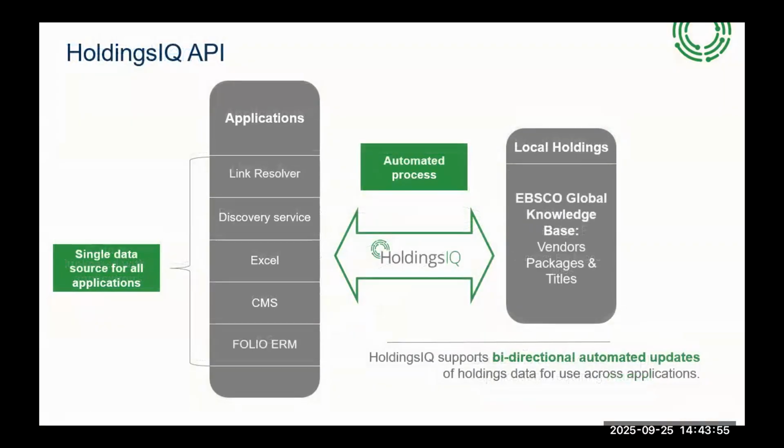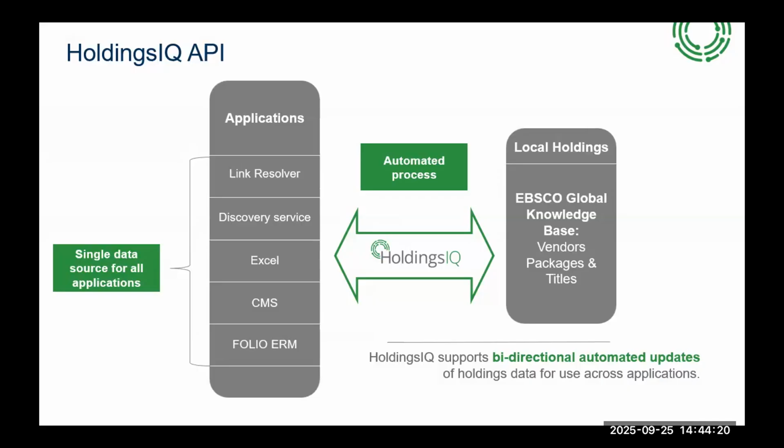And so through our Holdings IQ service, it's both a read and write API. We provide access to the APIs as well. So if you have an external tool, or you want to write scripts, or if you have any of your own scripts that interact with Folio APIs, and you want to also do some electronic resource management workflows, you can build scripts to our knowledge base API, which is called Holdings IQ. But that's how we've built that integration in with the eHoldings app.